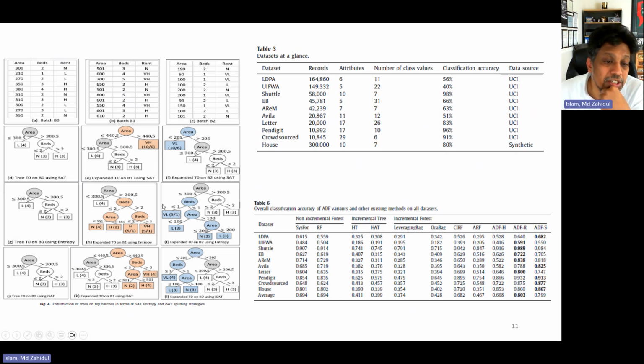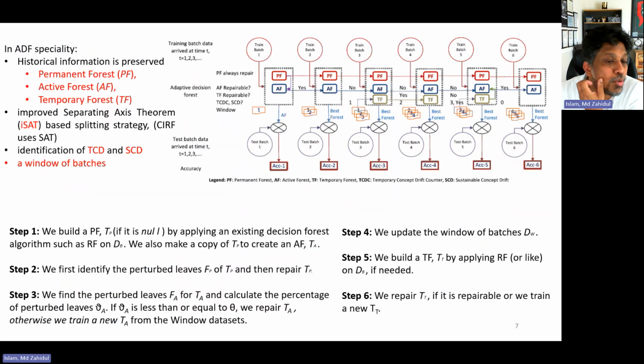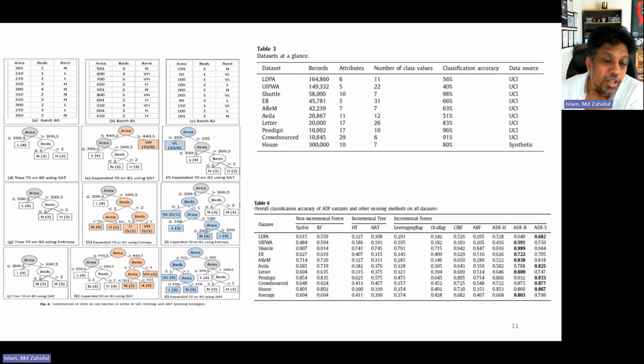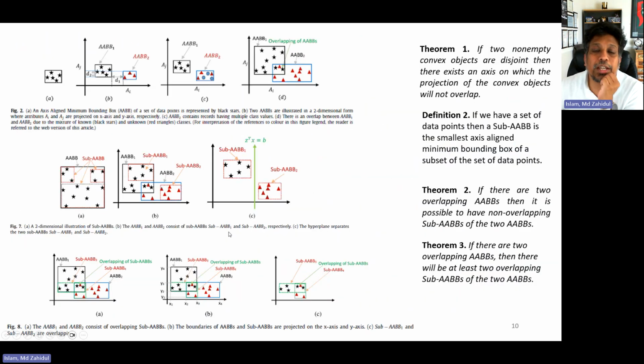So this is an existing technique, but what we could actually do is build a tree based on entropy-based splitting criteria, and then we would get a tree like this. But if we use our algorithm, which is improved, whatever we call it, improved separating axis theorem, then we can get a tree like this. And very briefly, what that improved separating axis theorem is, in this case, let's say we have overlapping